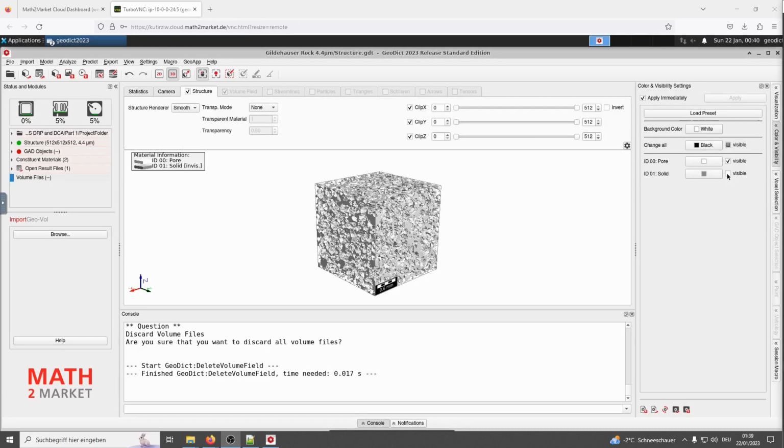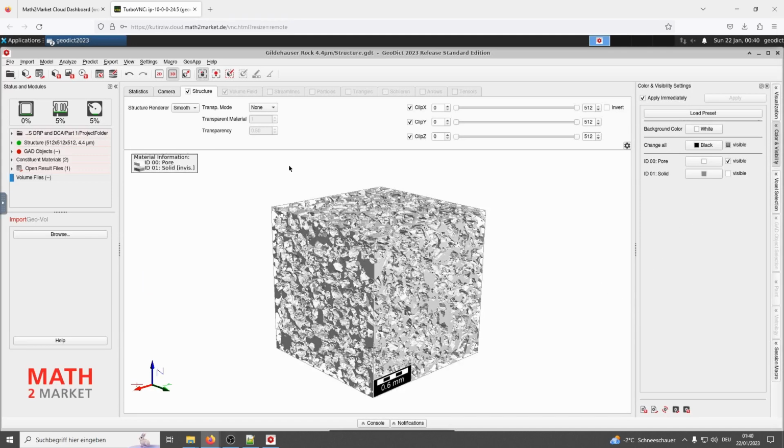At the next step, we will set the right constituent materials for the sandstone. Go back to the toolbar on the left top and select the icon of constituent materials.